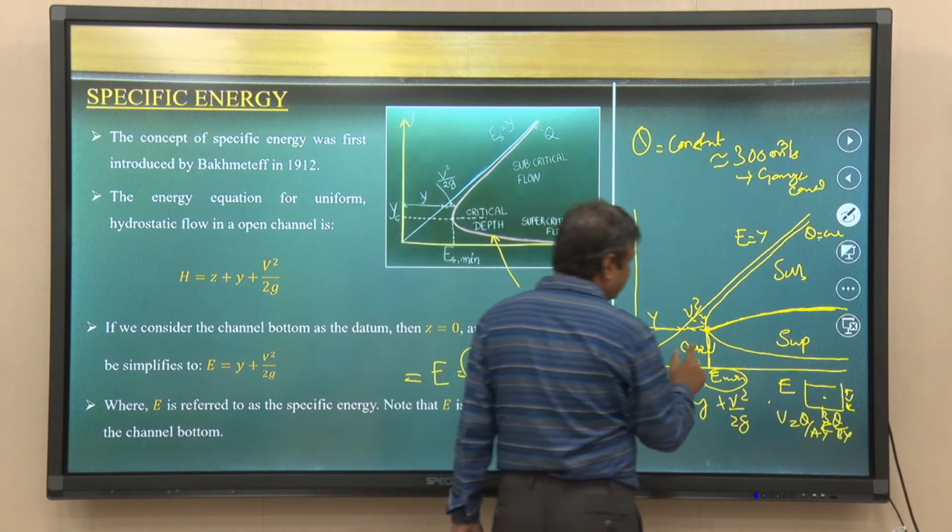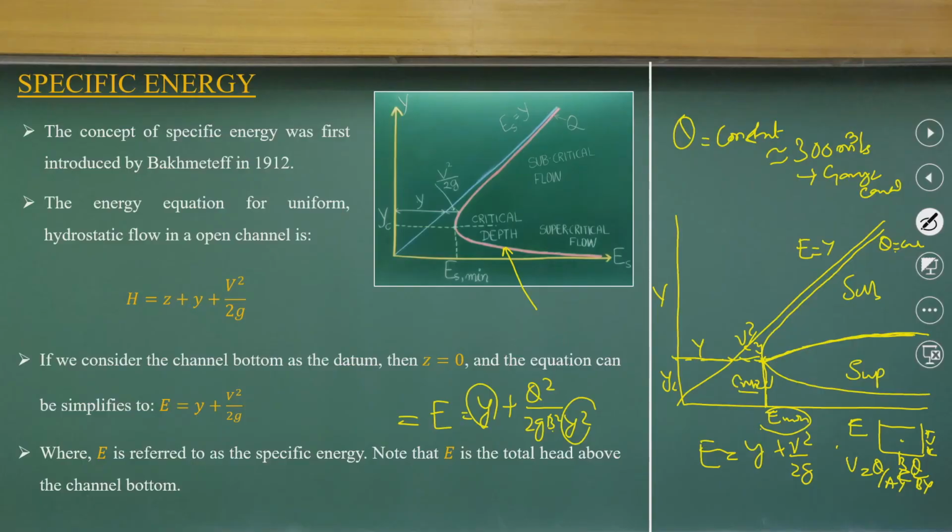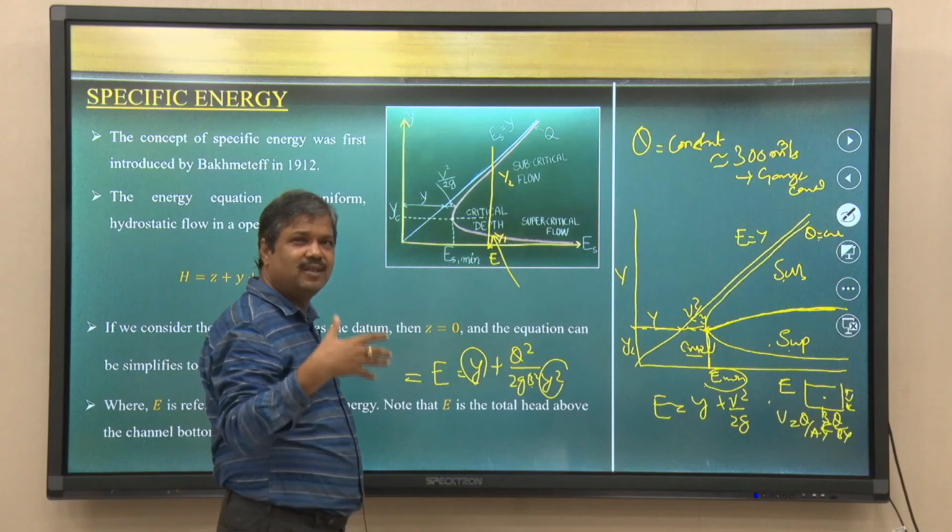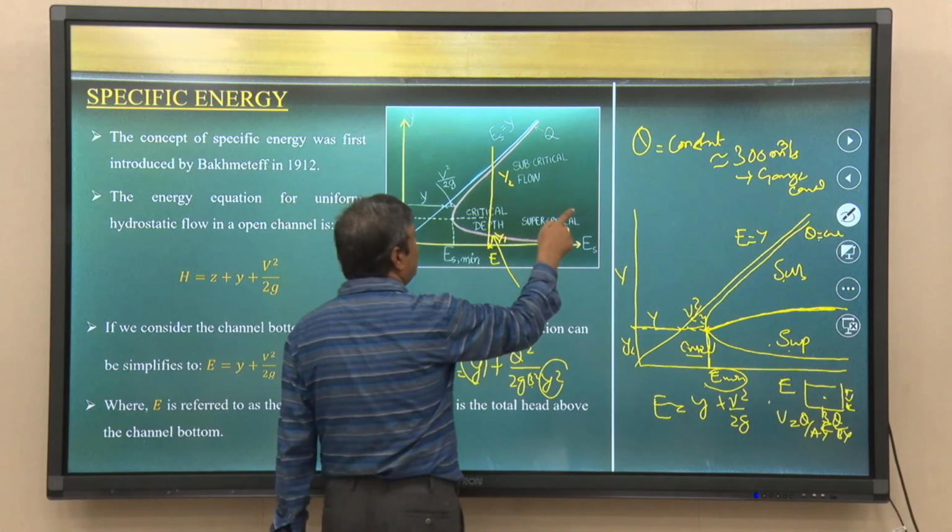So, if you look at it that way, this critical zone has two components, one subcritical and another supercritical. But very interestingly, if I take a particular specific energy and draw a line, I get two depths, y 1 and y 2. One is the higher depth where the velocity is lower, that is the subcritical zone. The other depth is less and the velocity is higher, that is the supercritical